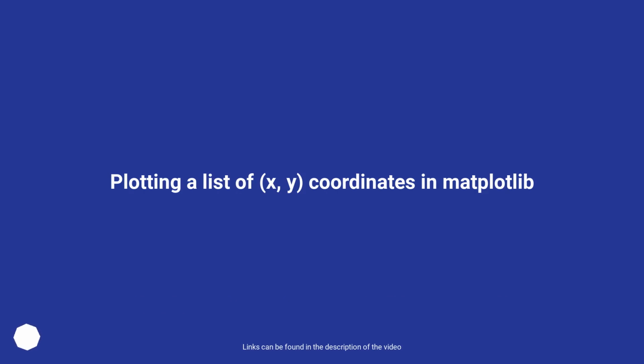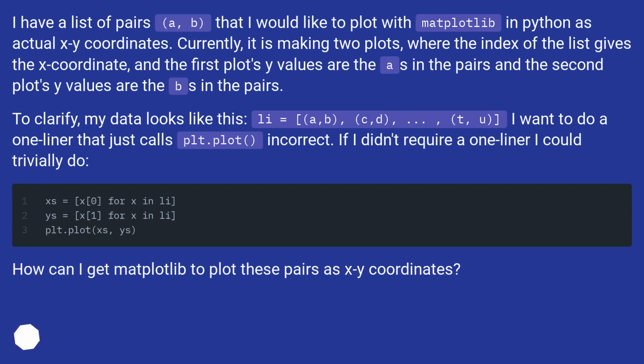Plotting a list of x, y coordinates in matplotlib. I have a list of pairs, (a, b), that I would like to plot with matplotlib in Python as actual xy coordinates. Currently, it is making two plots, where the index of the list gives the x coordinate, and the first plot's y values are the as in the pairs and the second plot's y values are the bs in